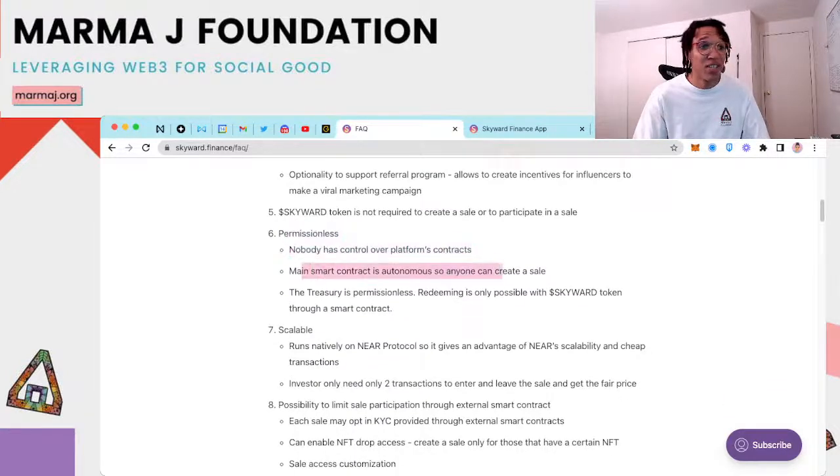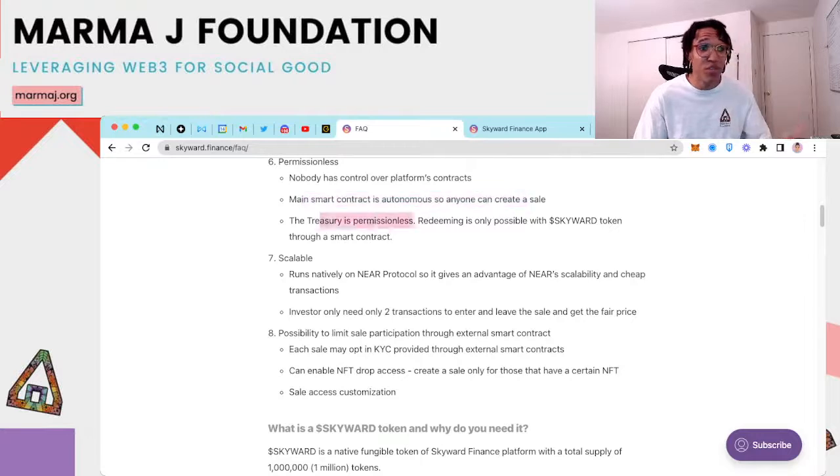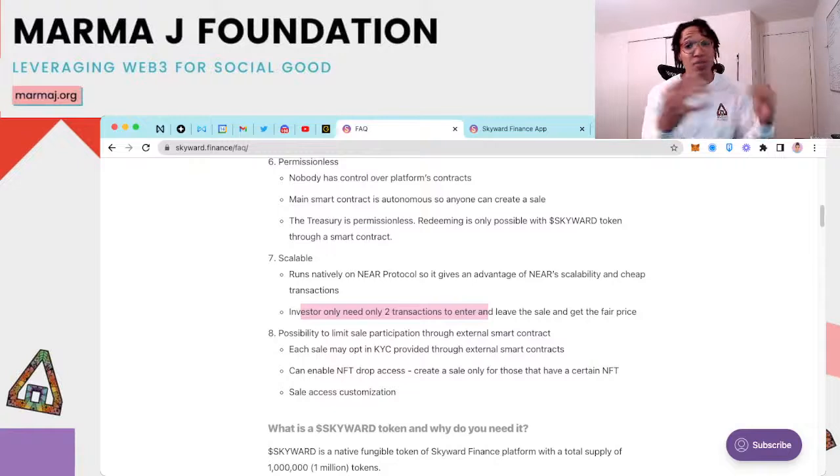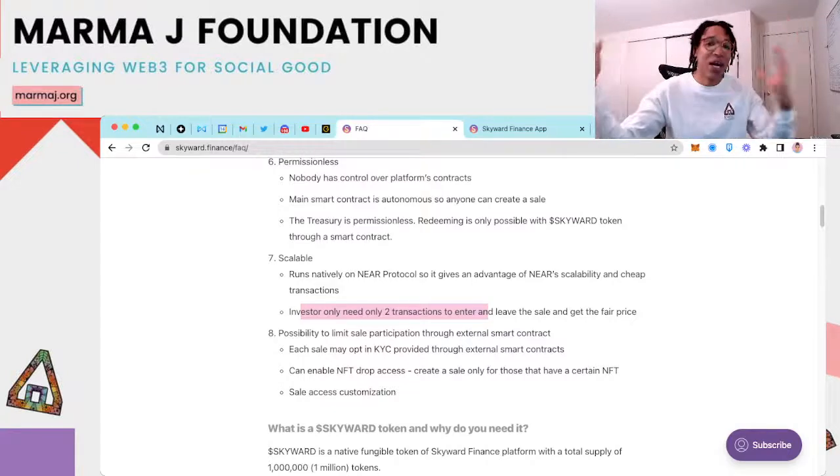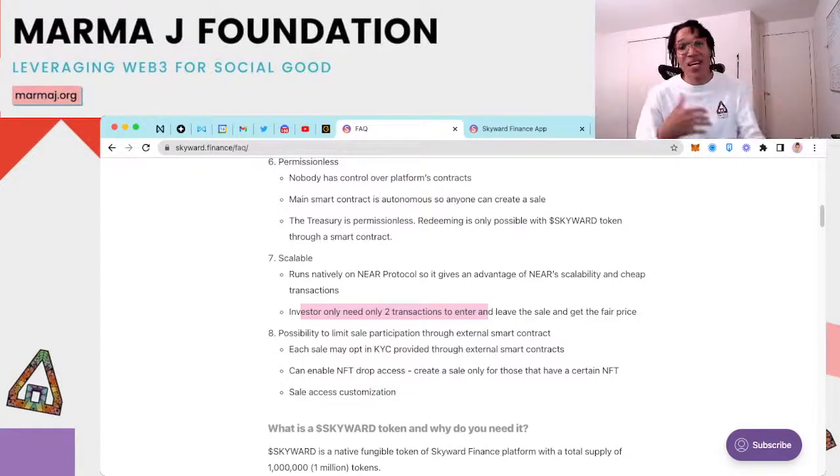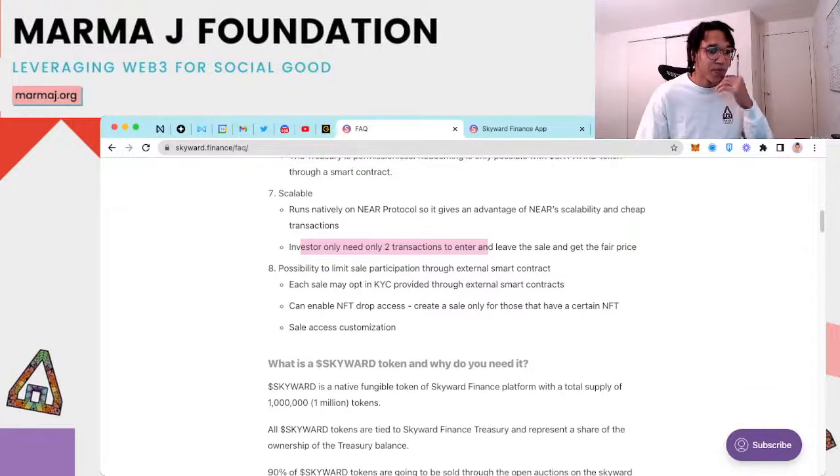The contract is autonomous, so anyone can make a sale. The treasury is permissionless. It's scalable. You only need 2 transactions to enter and leave, so anyone can take part because it's built on wNEAR. You don't have to pay these really high transaction fees to take part in the sale. Someone can just see the sale, say, okay, I want to throw 0.5 wNEAR in just to have fun and enjoy it, and then remove their funds whenever they want. You're not locking someone in based on the price. And then,